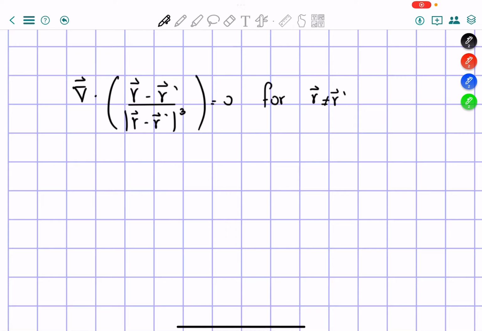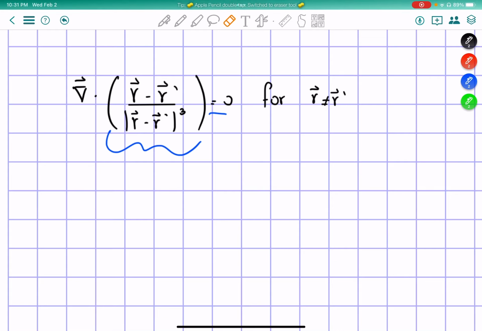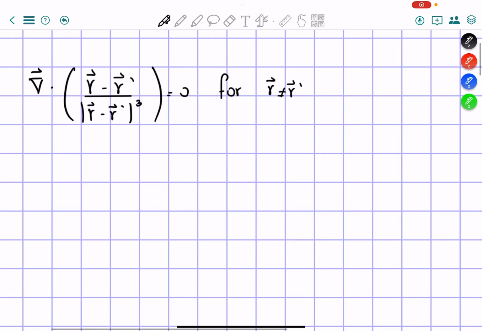Alright, hello everybody. So now I'm finding the divergence of this particular term. I have to say that it's equal to 0 for when our vector r is different than our r prime vector. So how do we do this? Well, first of all, for simplicity of writing, I want to set r minus r prime